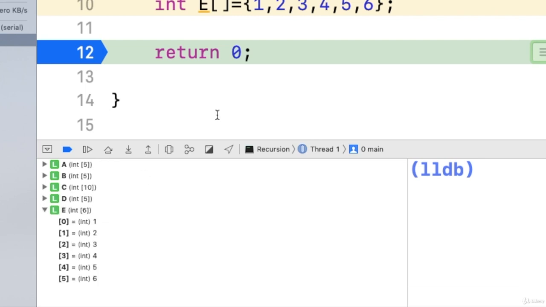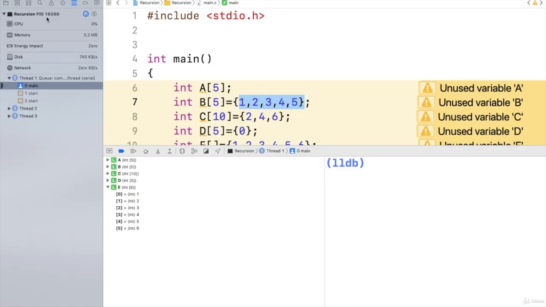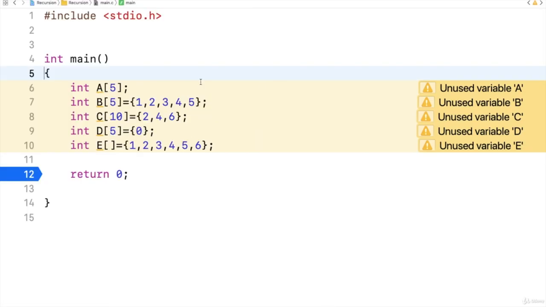And E, you can see I have not mentioned the size, but I have given 6 numbers here. So an array of size 6 is created. It is showing the array size inside this bracket, and there are 6 elements, 0 through 5. I'll stop this. I will remove these declarations and I will show you how the addresses of array locations are